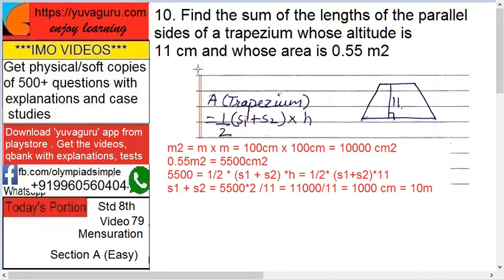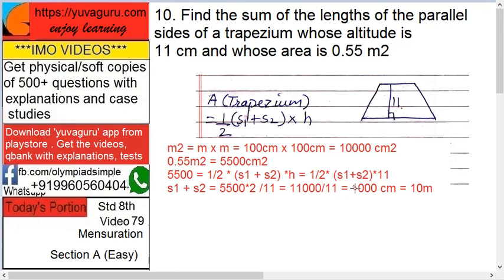Why did we convert it? Because height is in centimeters. So 5500 equals 1 upon 2 into S1 plus S2 into H. Now H is 11, so 1 upon 2 into S1 plus S2 into 11. So S1 plus S2 equals, this 2 goes on this side and it becomes 5500 into 2 upon 11, since 11 goes on this side. 11 into 5 is 55, so it becomes